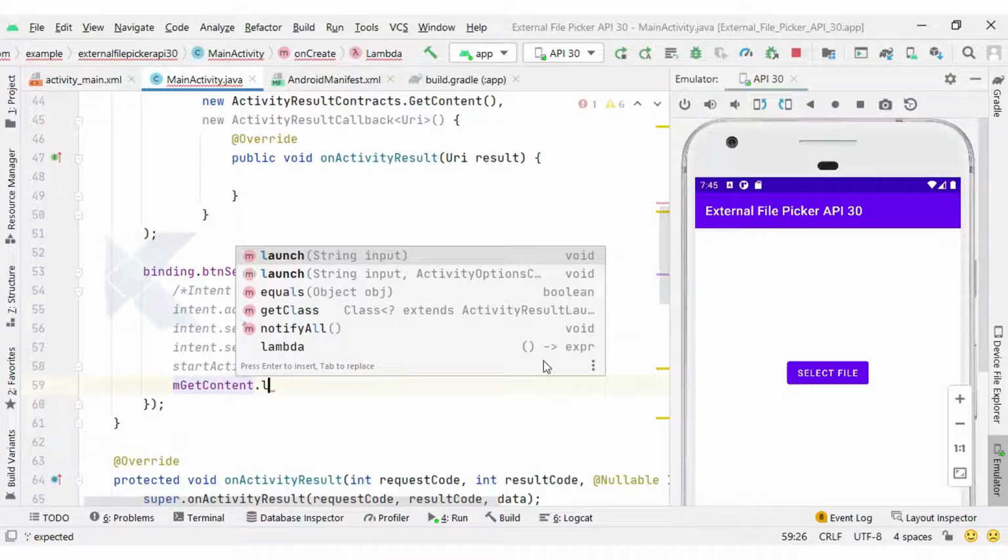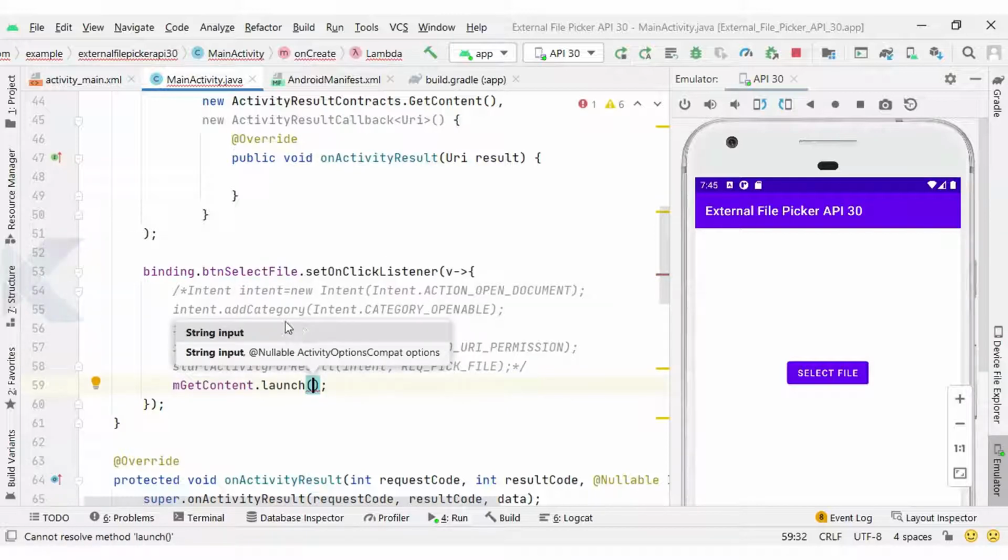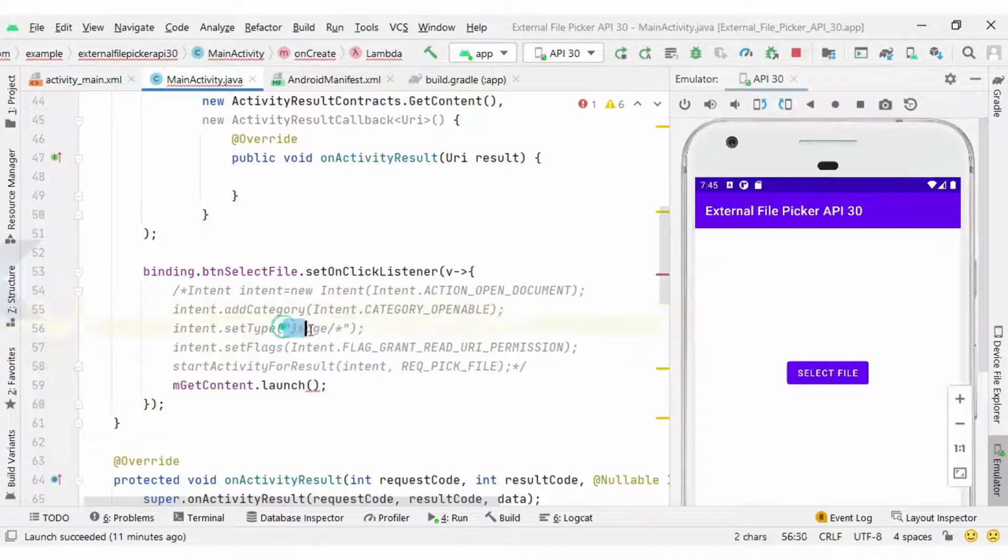You can see this launch method has one string parameter, that is input. This input confirms the type of file we are requesting. Here we want an image type of request, so we pass image/*, that is the MIME type.